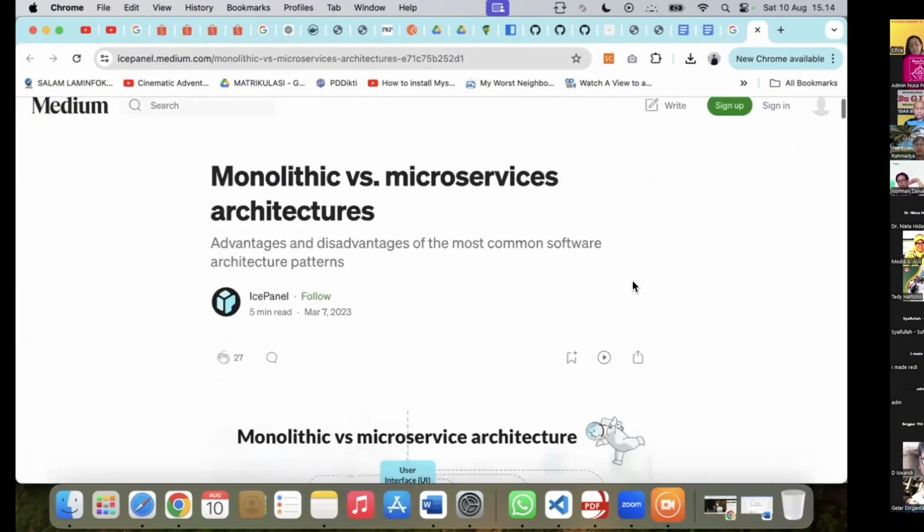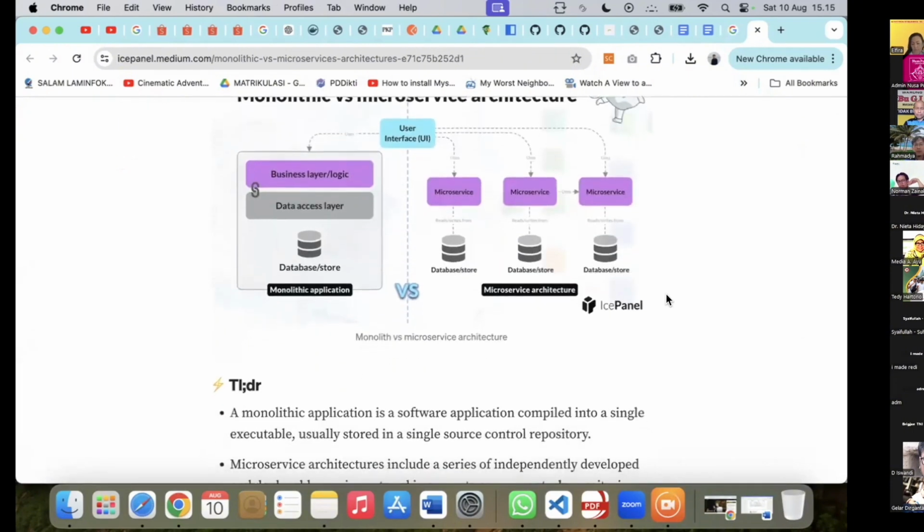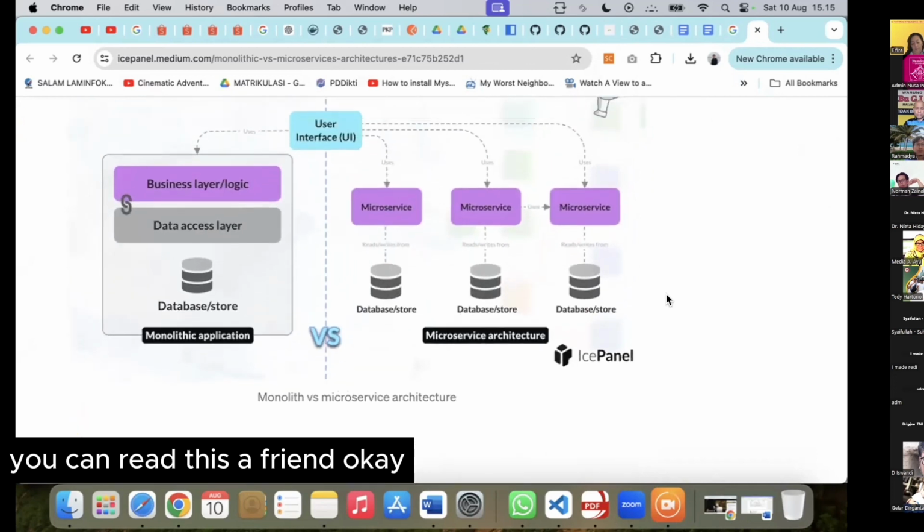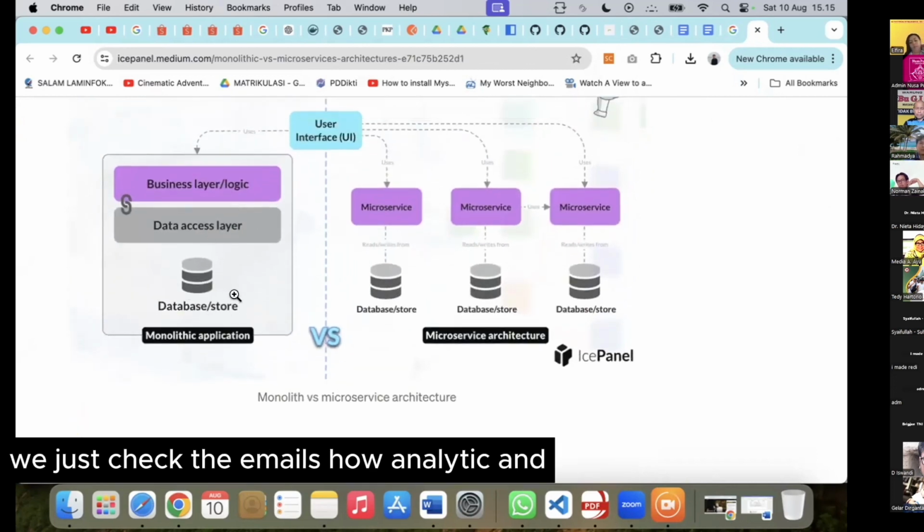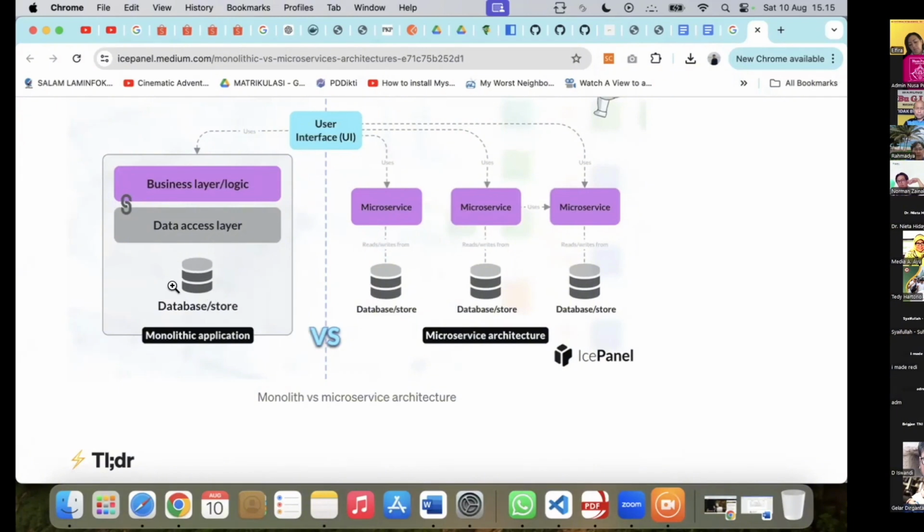Yeah. Monolithic, and you can read this difference. But okay, we just check the image of the monolithic and microservice diagram.